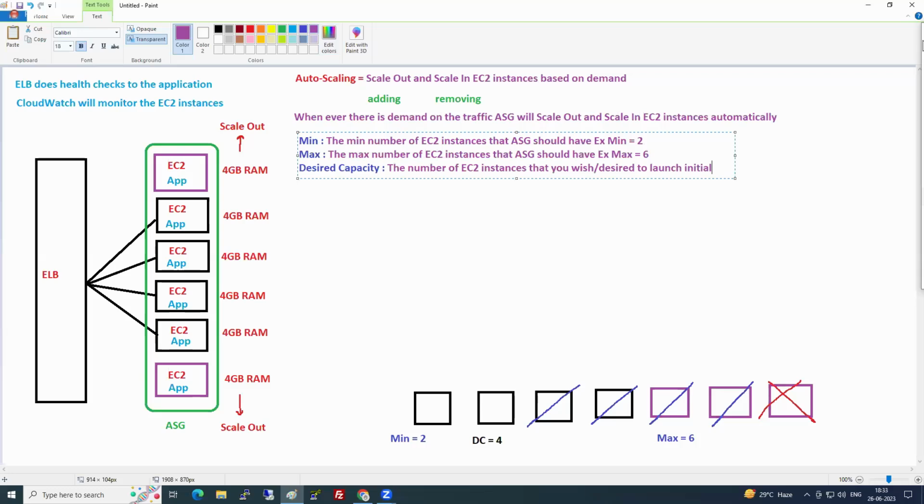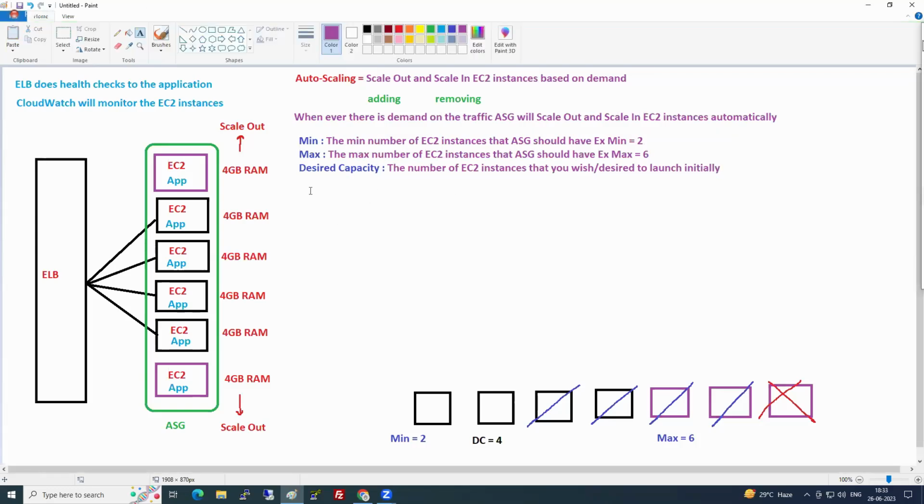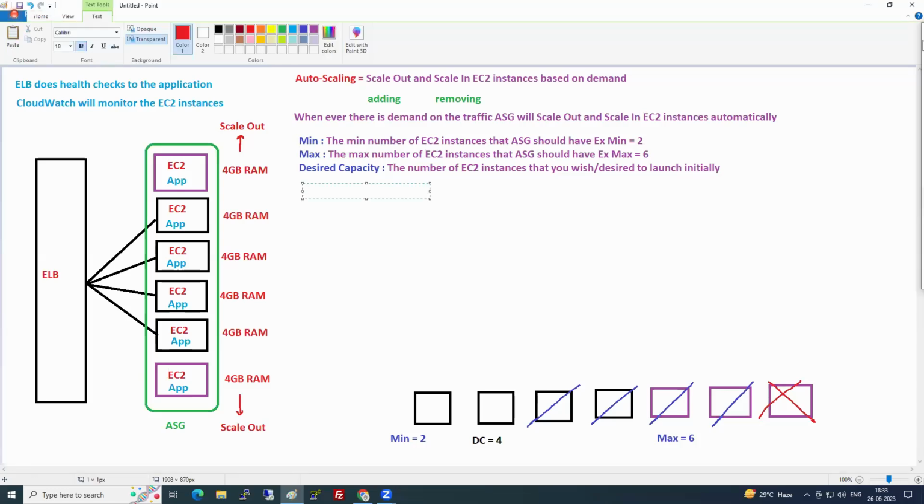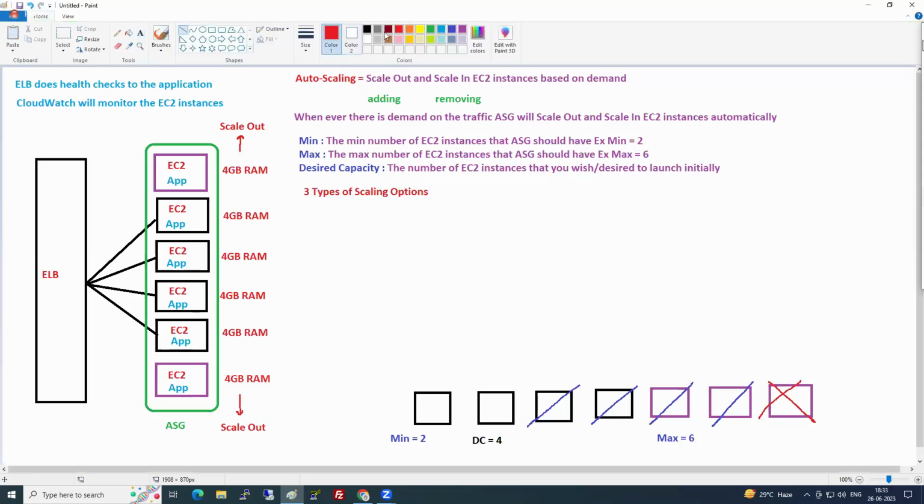Is it clear? Minimum, maximum, desired capacity. Super. So now after this, we have 3 types of scaling options. How many types of scaling options? 3 types. So these are,